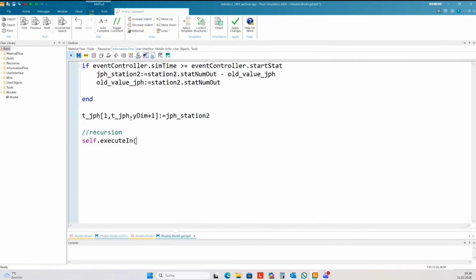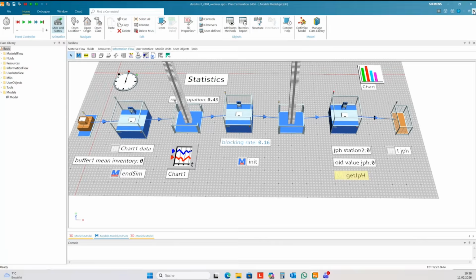This is the command, and after 1 hour, I call this method again, and so I can create my jobs per hour calculation here, and this replaces the generator. Same function.